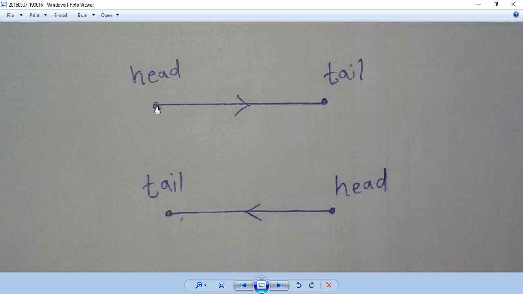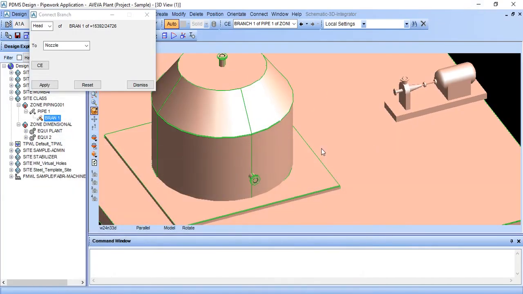If your fluid is flowing from here to here, that means this is head and this is tail. So we know this is a suction line, so flow will be from here to here. So this will be our head and this will be our tail.